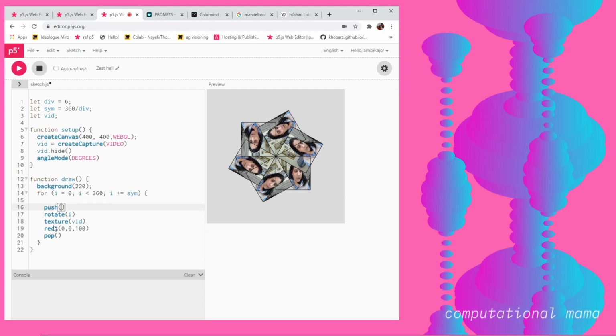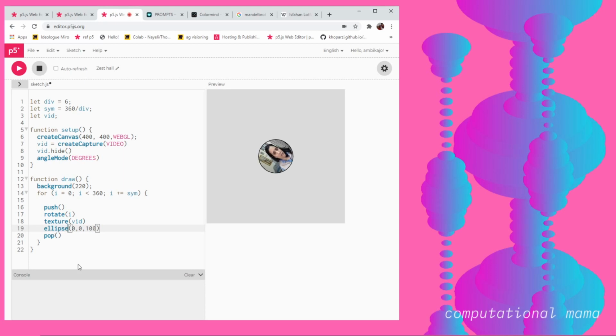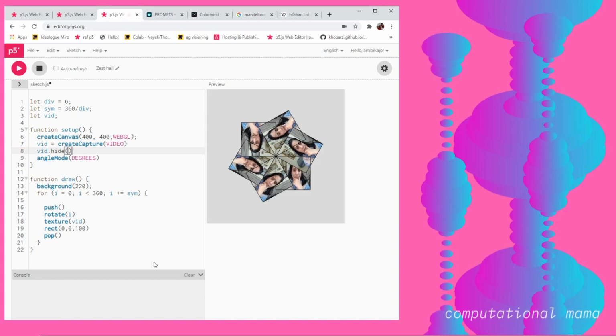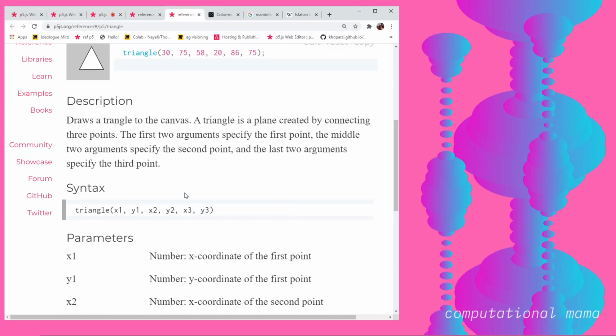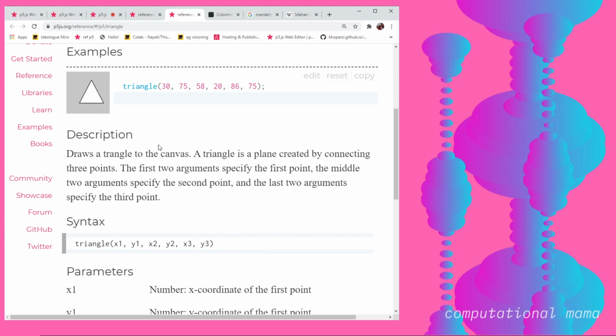Then maybe instead of using the rectangles, maybe we need to use triangles. Is that how you make triangles in p5? That's disgusting. Sorry. And how does it work?